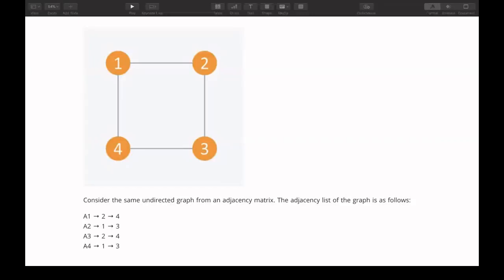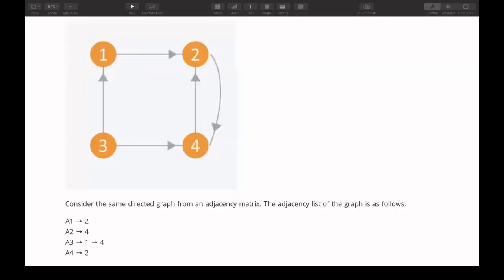Now this is about the undirected graph, where the edges are bidirectional. But we can again have a case in which the edges are directional, or my graph is not bidirectional, rather my graph is unidirectional. In this case, you can see A1 only contains 2 in its adjacency list, because from 1 I can only go to 2 directly.